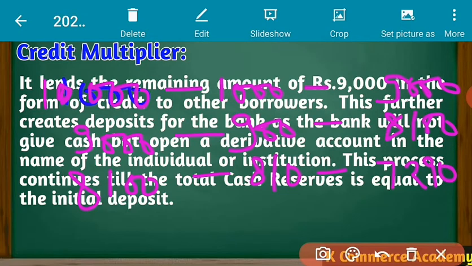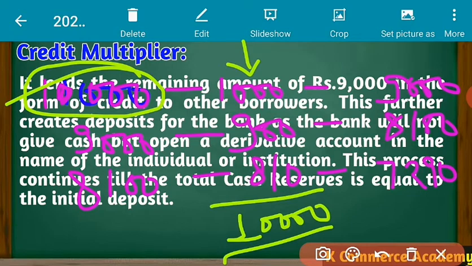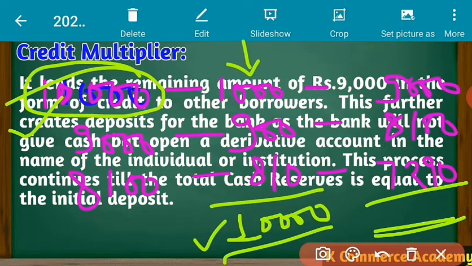the total cash reserve. This is the column for reserve of cash. So till this total cash reserve will become 10,000, that is equivalent to the initial deposit. So here one item we have is the initial deposit, another item we have is the cash reserve, another we have is the amount of deposits that we are creating. So when you will